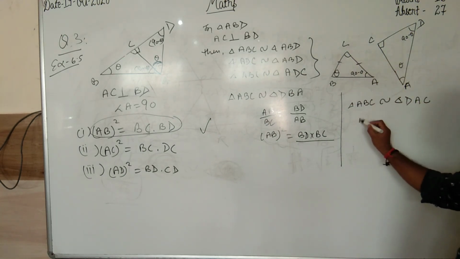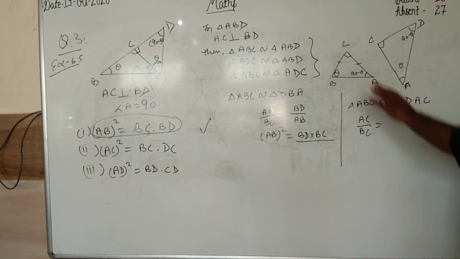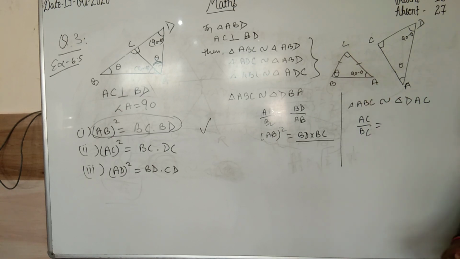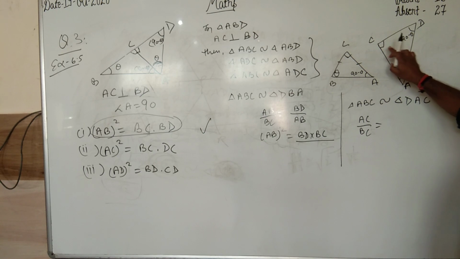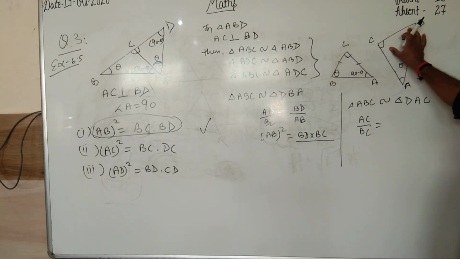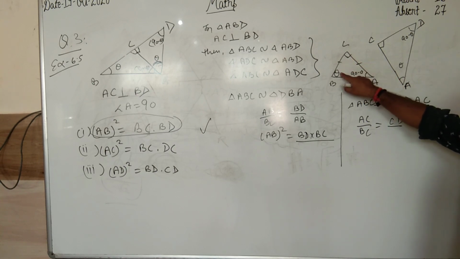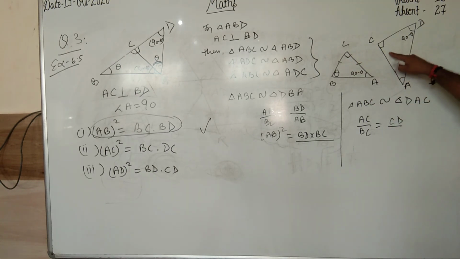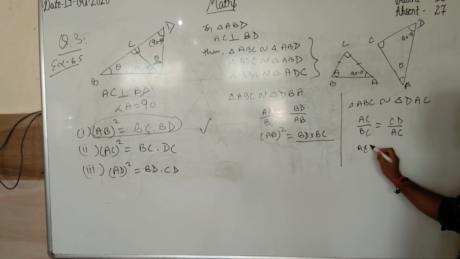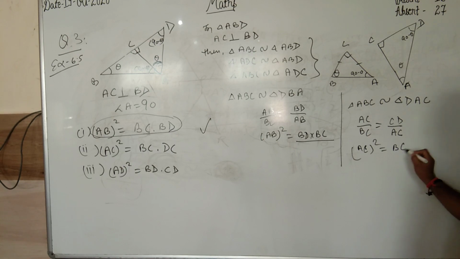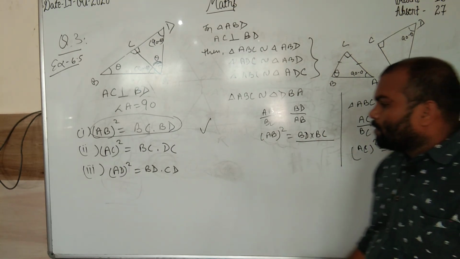Okay. So if you are taking AC by BC, what will be the corresponding name? Now corresponding to AC, AC is the side which contains 90 and 90 minus theta. So 90 and 90 minus theta is on CD. So CD. Now BC 90 and theta. So corresponding to this is 90 and theta is AC. Now if you make a cross multiply, we get AC square is equal to BC into CD. Clear? Similarly, you can prove this.